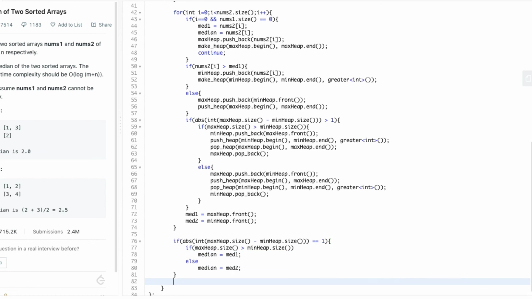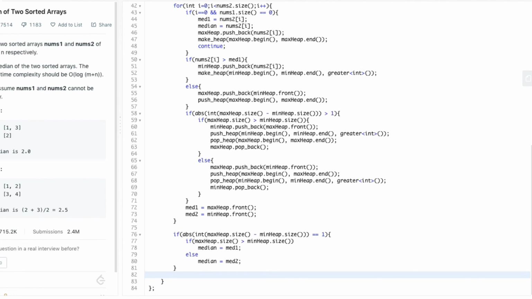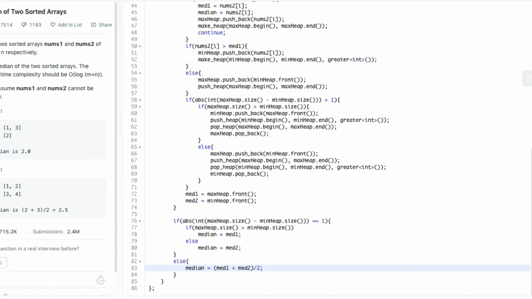And if the difference in the sizes of max heap and min heap is not equal to 1, then we calculate the median as the average of mid1 plus mid2. As we have seen in the explanation part, if the size of the resultant combined array is even, then we calculate the median as the average of the middle two elements.